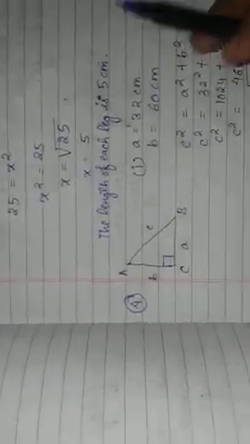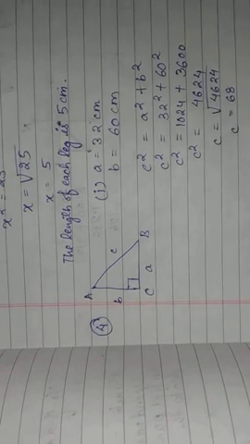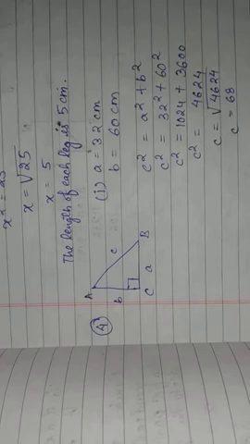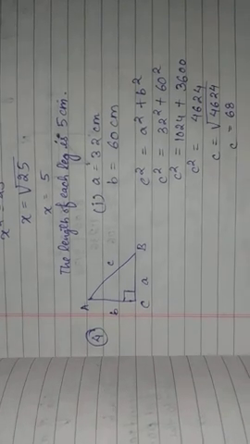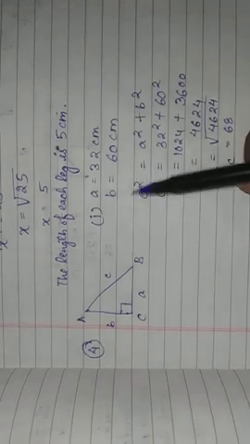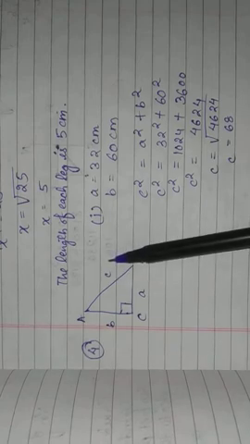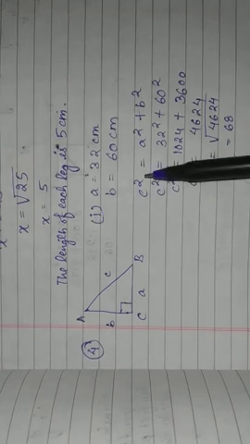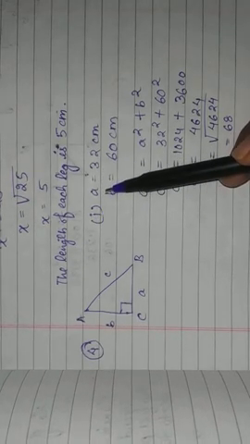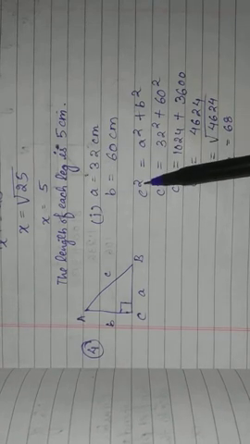In the fourth question, it is given that given below are the lengths of the legs of a right angle triangle ABC. In each case, find the length of the hypotenuse of triangle ABC. So you only have to find out the hypotenuse. Means A is given to you, B is given to you, and you have to find out C. The values of A and B differ in the three parts. In the first bit, the value of A is 32 and the value of B is 60. So you have to find out C.